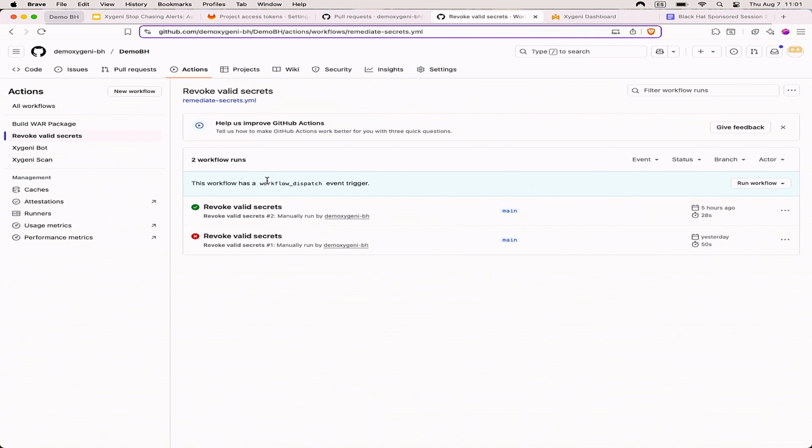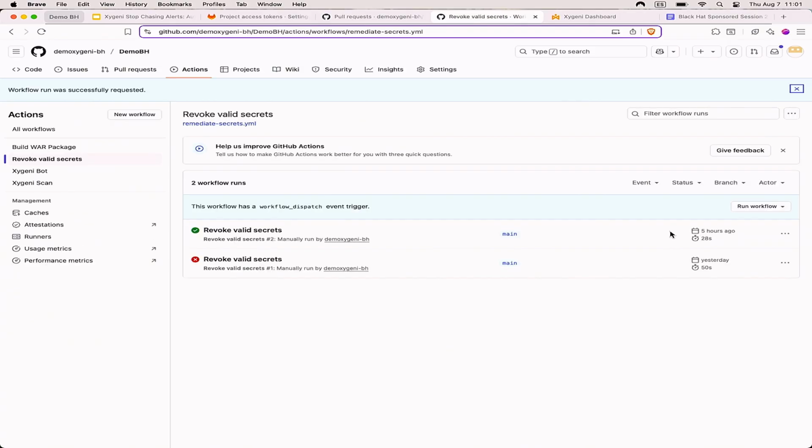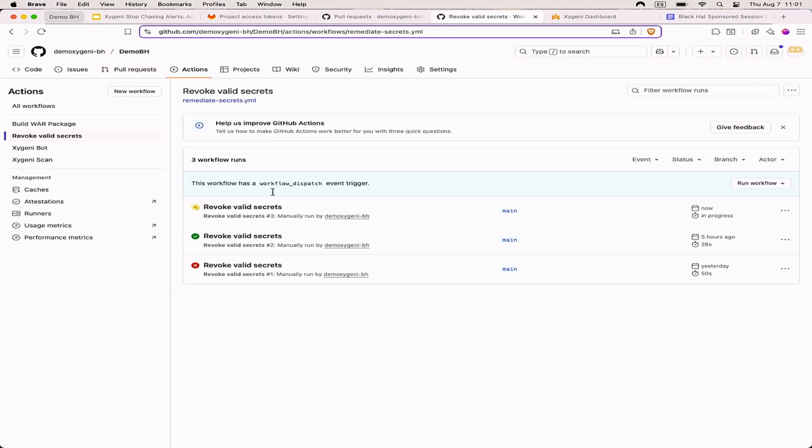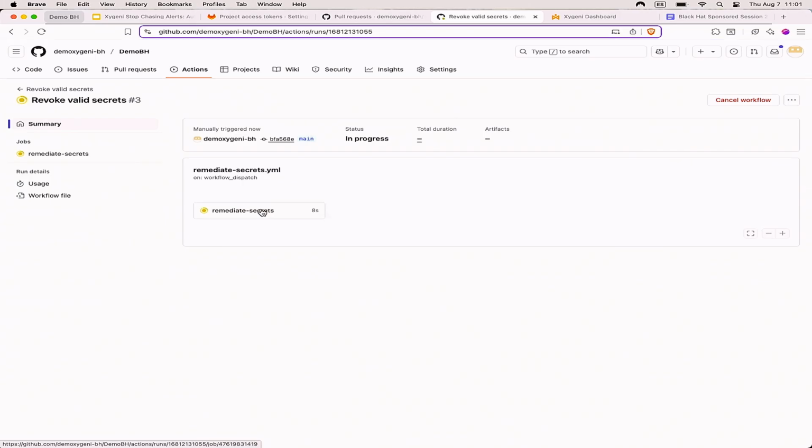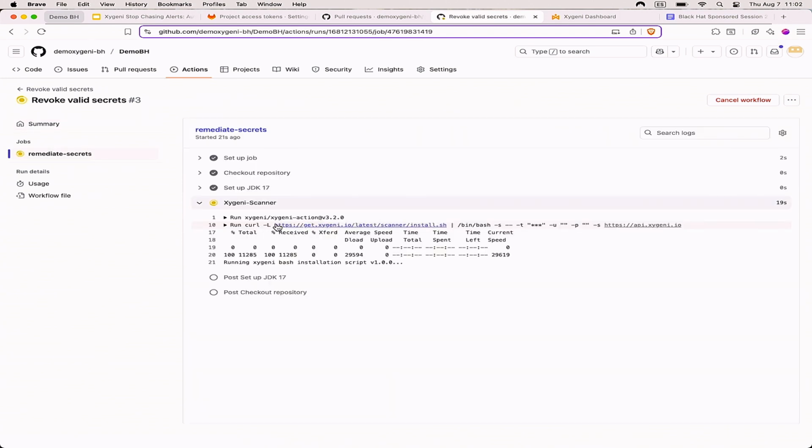If we launch this workflow that invokes our scanner with the remediation flag, we are going to see how we automatically revoke all these active secrets in the environment. We are using GitLab because it's easy to see the secrets, but you have almost 40 different systems configured out of the box. So you can revoke secrets from Slack, from GitLab, from AWS and a lot of different systems, okay? So here we are running everything.